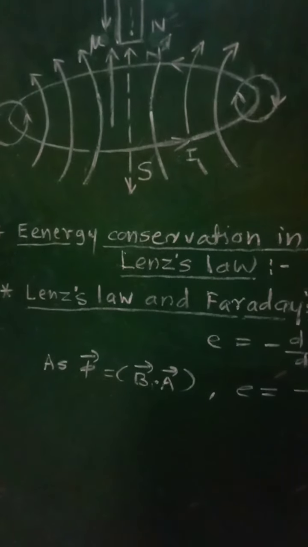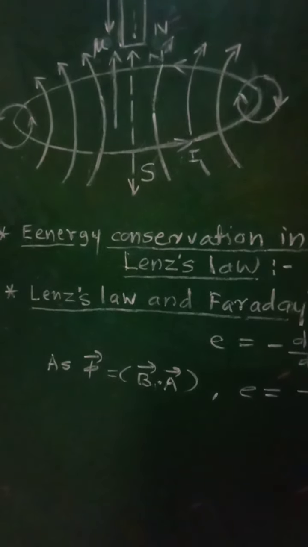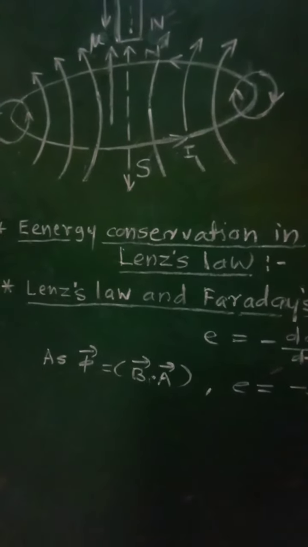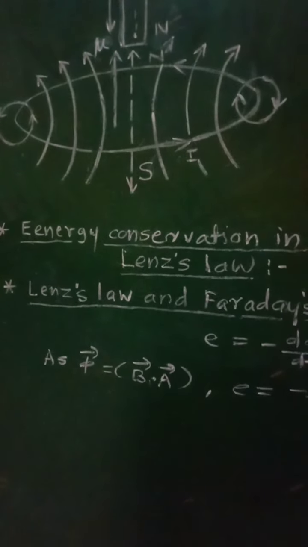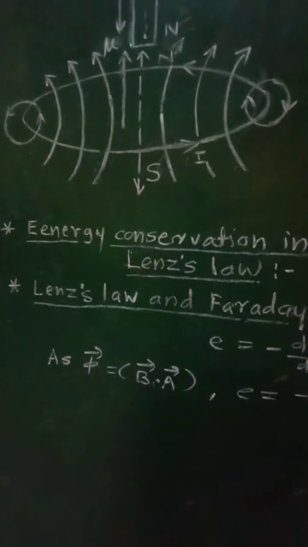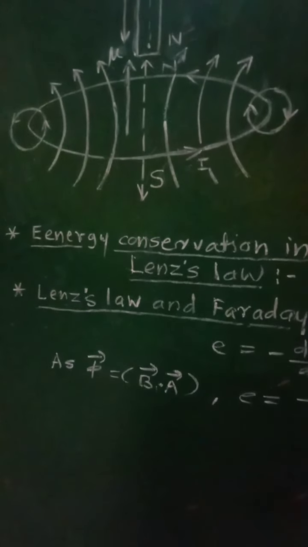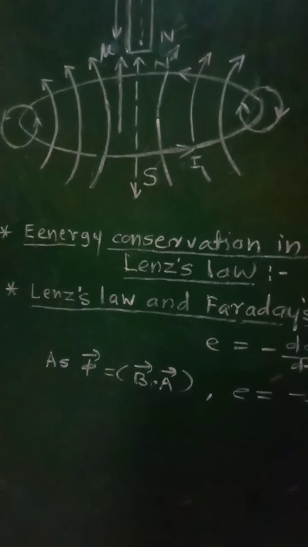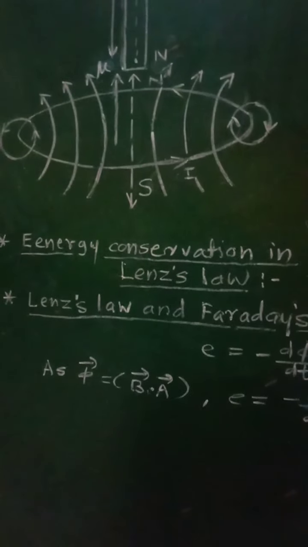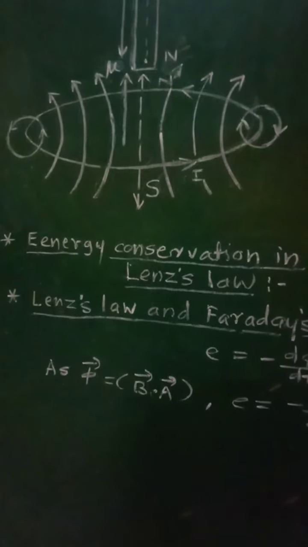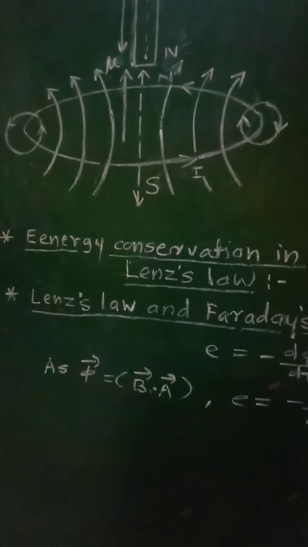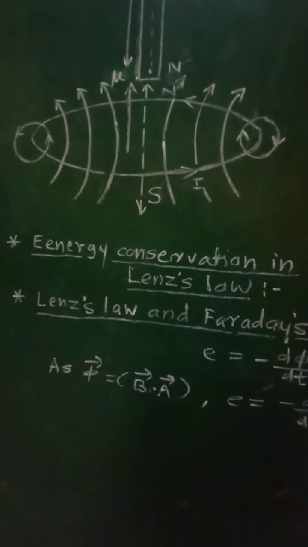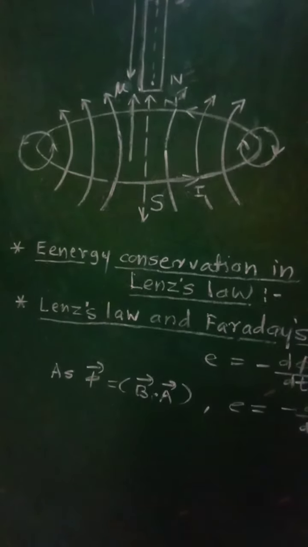We know that the cause of induced current may be, first, the motion of a conductor or any wire in a magnetic field. If you consider any metallic wire or any conductor, then motion of that conductor or wire through the magnetic field will give rise to the induced current. The second reason is the change of magnetic flux through a stationary conductor. If any stationary conductor is kept in a changing magnetic field, again induced current will be set up.